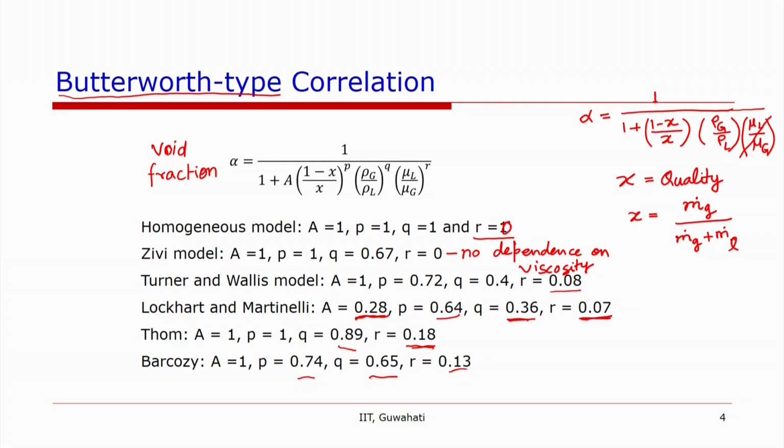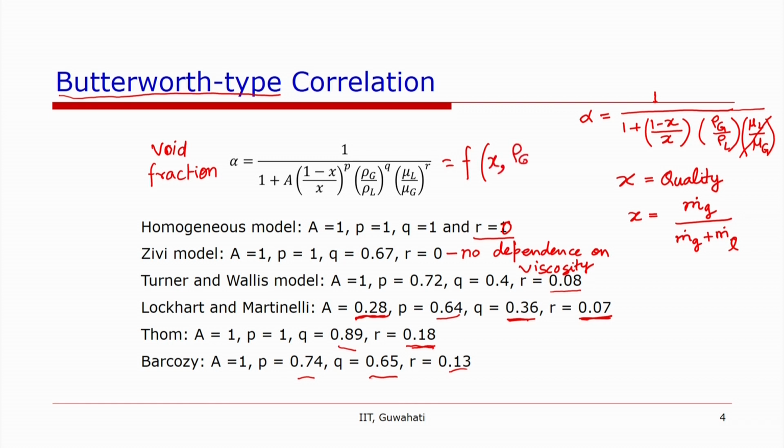Alpha is equal to C beta form, where beta is the volumetric homogeneous volume fraction, whereas in this case we have alpha is equal to the function of x, which is quality,